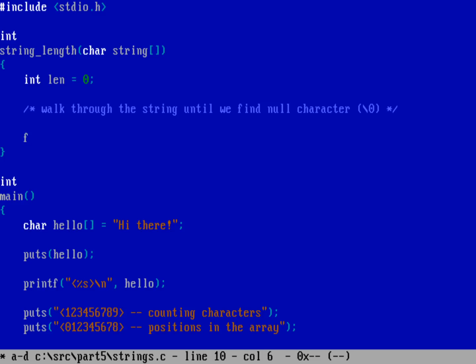So let's go ahead and walk through this array. How do we walk through the array? Well, we could do a for loop. We could do it a different way, but let's actually do it with a while. And so as long as in the string, whatever position we're at, len,